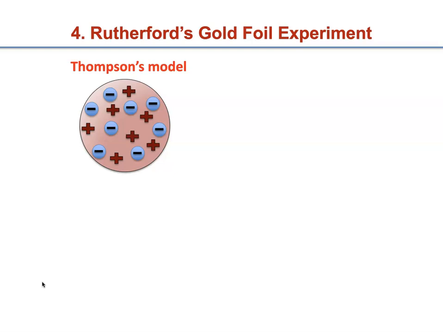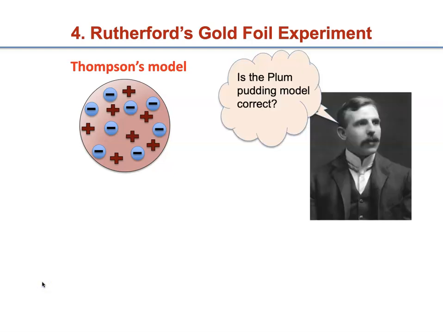The gold foil experiment that led to Rutherford's model begins at Thomson's lab. Thomson's student was Rutherford. When Rutherford graduated, he wanted to test if Thomson's model was true using the latest technology. So he asked, is the plum pudding model correct? At the time, they had discovered a radioactive element that emitted alpha particles, which were positively charged particles, basically helium